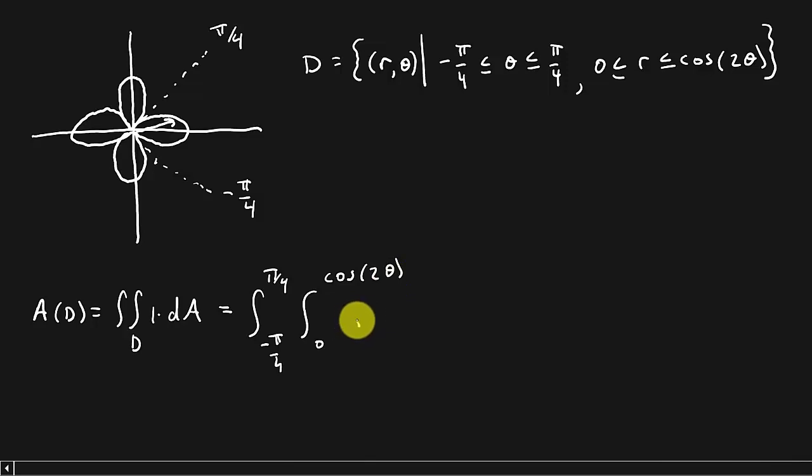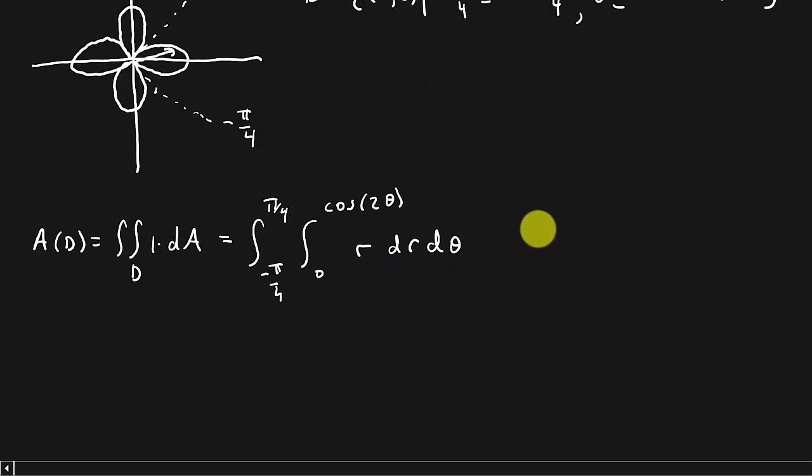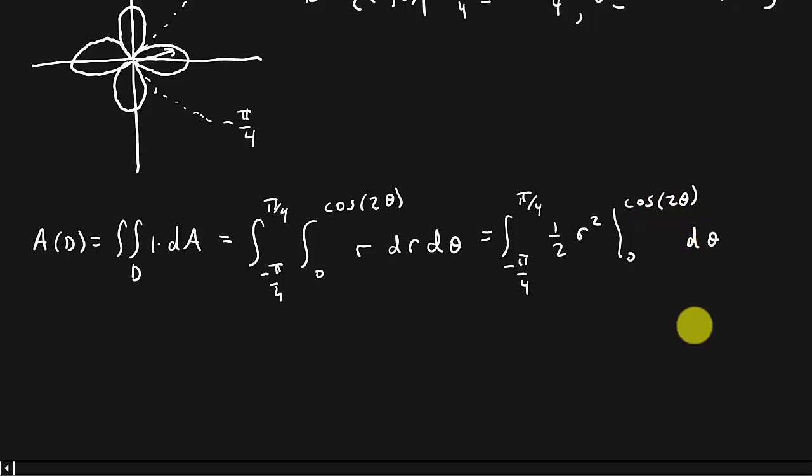Now, and that's going to be what? r dr d theta. All right. Because 1 is just the 1, and then the dA is r dr d theta. So let's see what we get. So this is going to be negative pi over 4 to pi over 4. And then when we integrate this, this is going to be 1/2 r squared from 0 to cosine 2 theta. And then that's d theta,